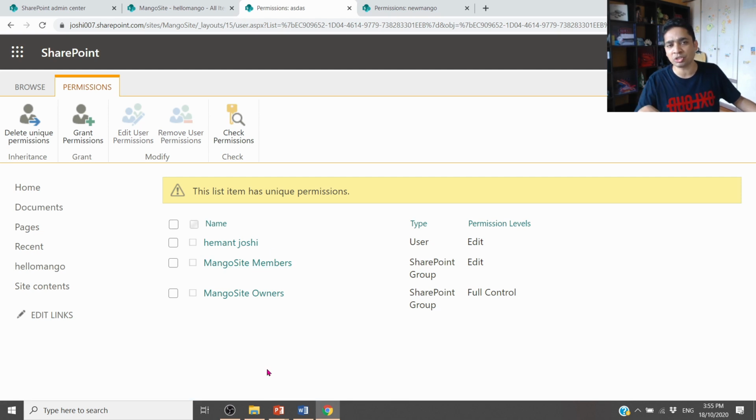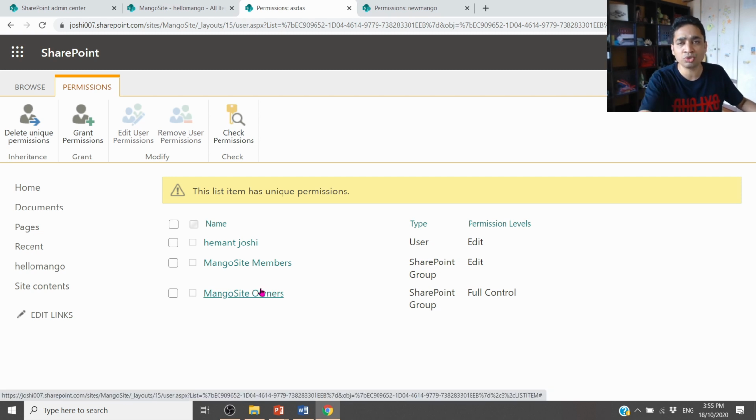Don't clutter the permission section over here, because it will be very difficult in future for you to manage the permissions. For example, you have 20 users added over here, and now somebody says go and change all the edit to read. You have to go 20 times changing this. Instead, wouldn't it be better that you have added all those 20 people inside a group, then you change it one time only and everything gets changed. So you're getting my point, correct? You need to do it at the group level, don't do it at the individual level.